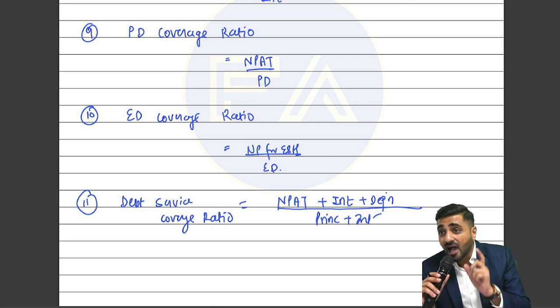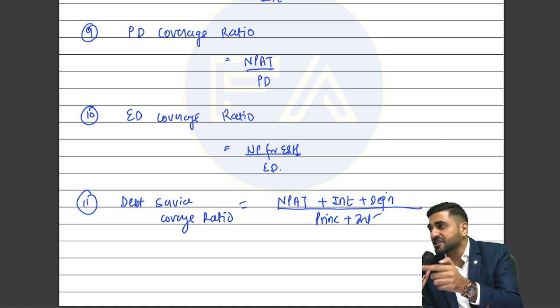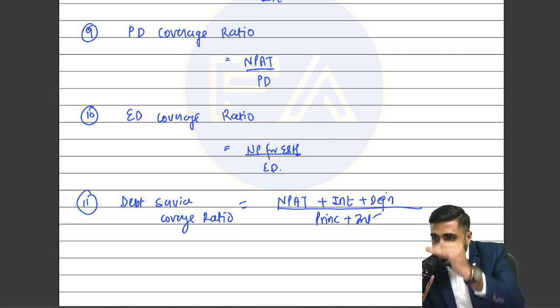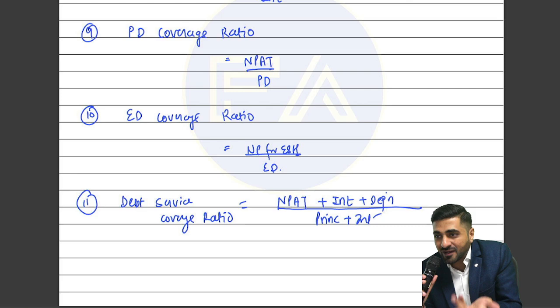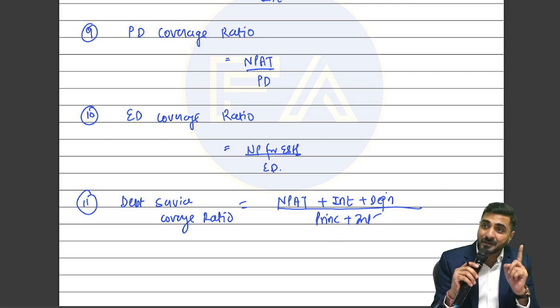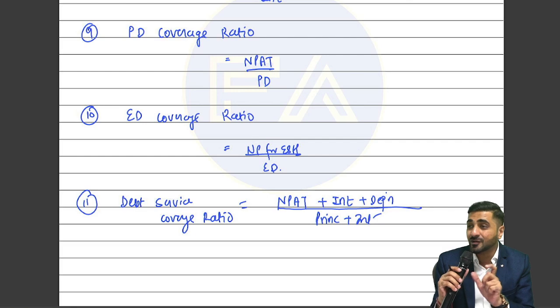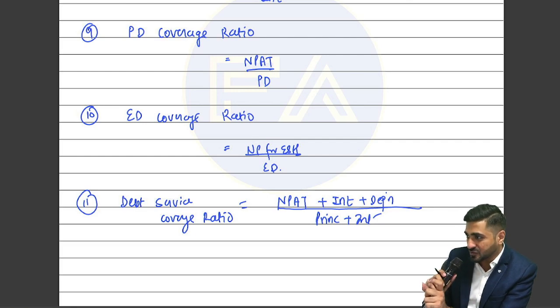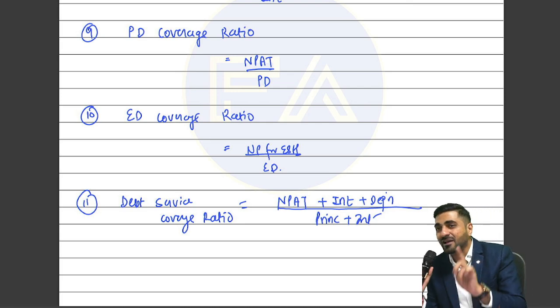Yes, sir. Why am I adding depreciation? Because depreciation is a non-cash item. So it is reduced from profits, but I have more cash available with me. That's why I add back the amount of depreciation, right? And I divide that by principal plus interest. Because that together will help you understand what is the loan requirement which I am supposed to meet. This ratio should always be, lower the better, or